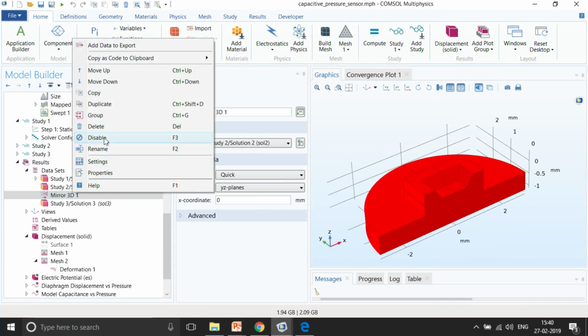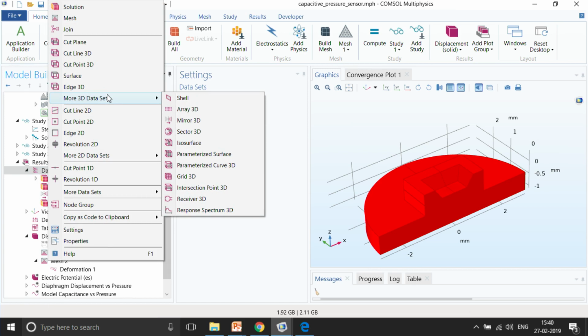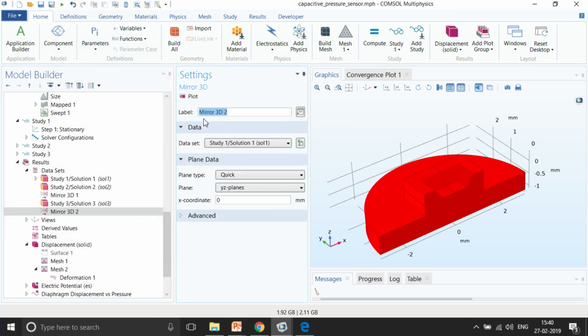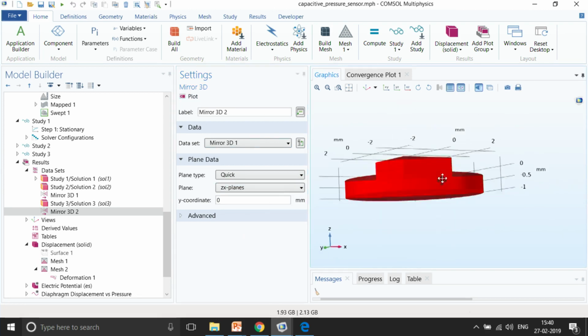I can again use one more mirror. So let me go ahead and add one more mirror and use my study, this one, and choose the z-axis plane, and I get the complete solution.